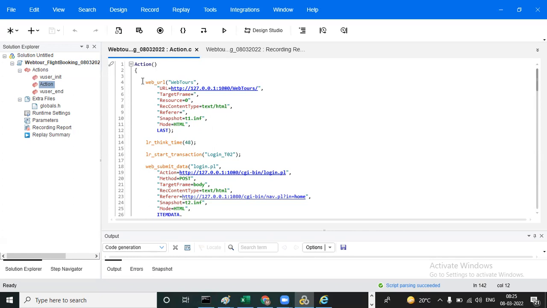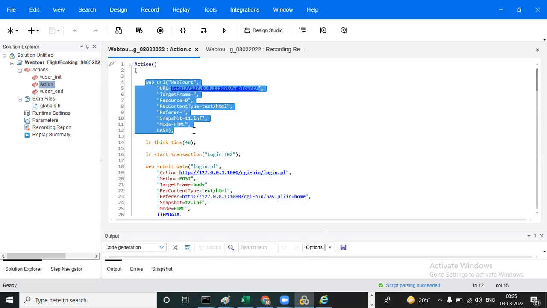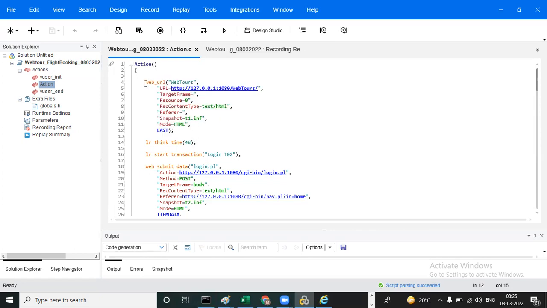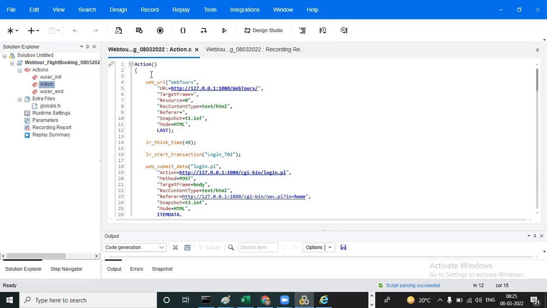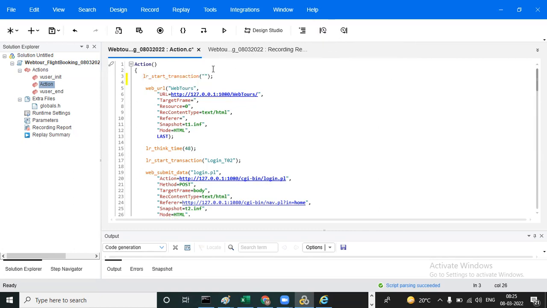This web URL is generated from the launch application, your launch transaction, because the launch happens automatically, right? So we need to give the start transaction. You need to click here, and this is the start transaction, this is the end transaction. Just click on the start transaction. Manually also we need to give it. This is which transaction? Launch